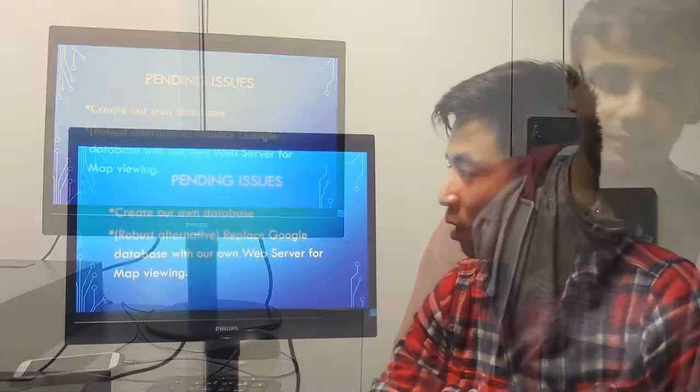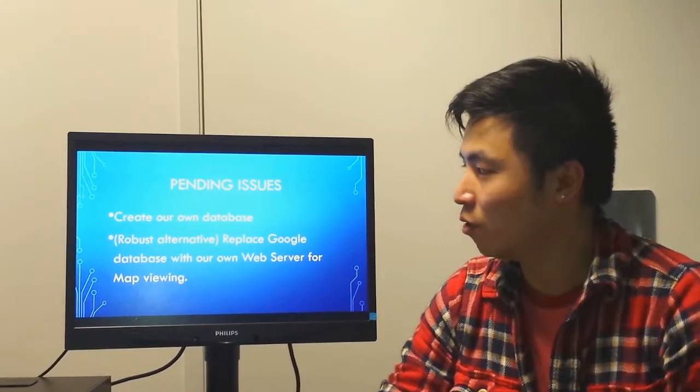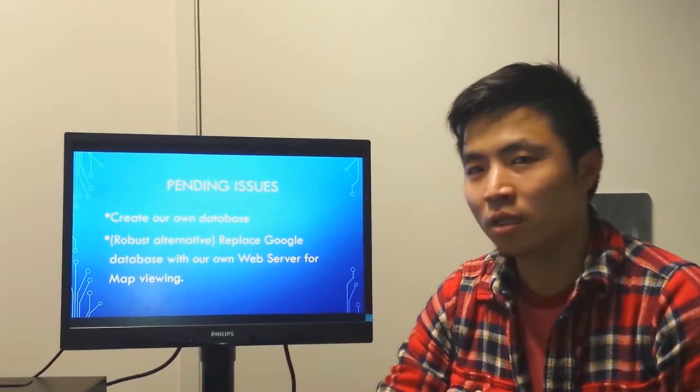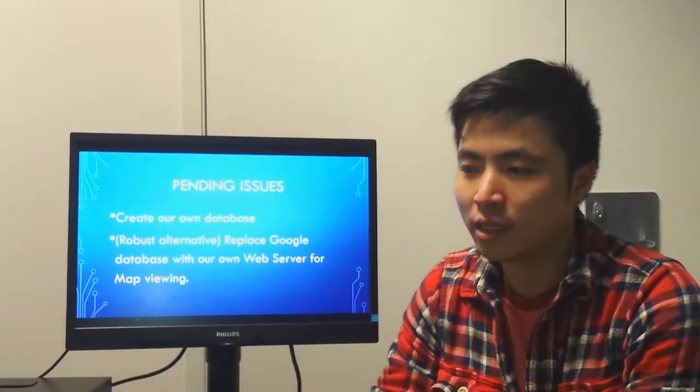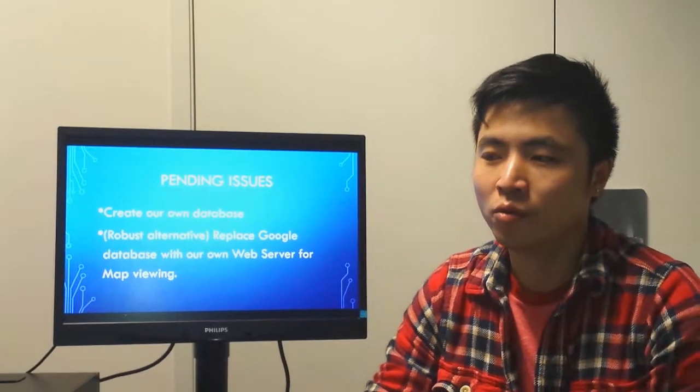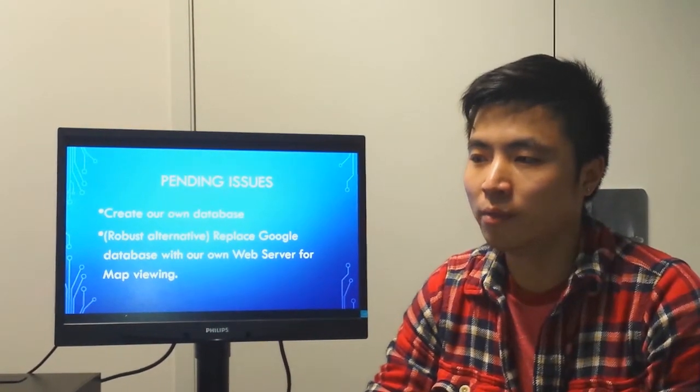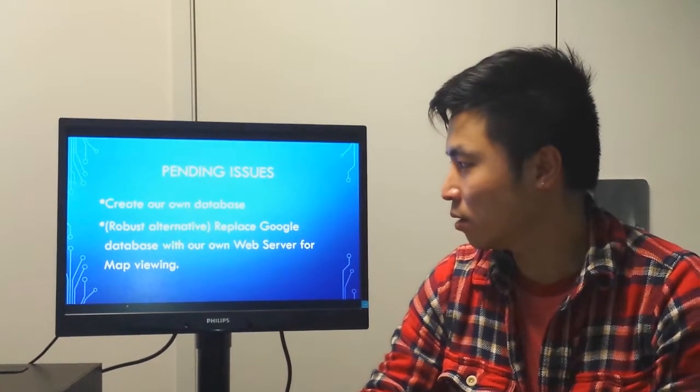Any issues? We created our own database and also replaced the Google database with our own web servers for map valuing, and